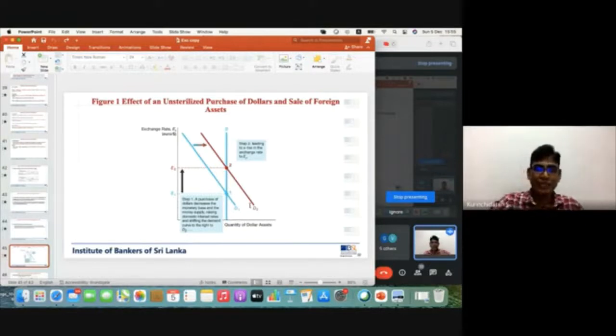Now you could see from this graph, right? Again, the y-axis is the exchange rate, and the x-axis is the quantity of dollar assets. Step one: a purchase of dollars decreases the monetary base and the money supply, raising the domestic interest rate and shifting the demand curve to the right to D2. So when you purchase dollars,